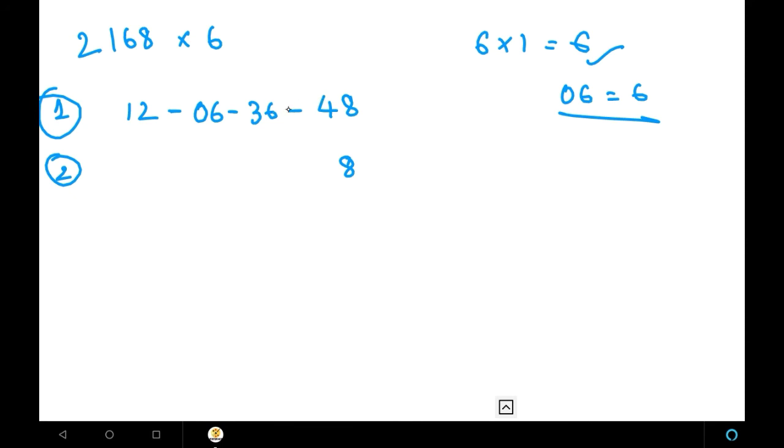That is in pairs, like 2 numbers we are going to add, not all the numbers. So here I have 6 and 4 as a pair. I am going to add this pair. 6 and 4 if I add, I'll get 10. So we have to place a 0 over here and give a carry on to the next number. When we got a 2 digit number in additions, the same thing we are doing here. That is, just place a 0 over here and give a carry on, that is 1, to the next pair.